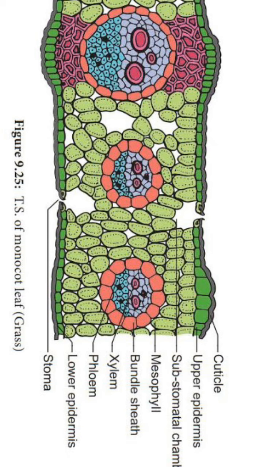Now let us see the function of bulliform cells in detail. It is an important concept for competitive examinations like NEET and KCET. Please make a note. When the bulliform cells in the leaves have absorbed water, the leaves are turgid and the leaf surface is exposed. Then when they are flaccid due to water stress, they make the leaves curl inwards to minimize water loss. A very important and logical phenomenon.